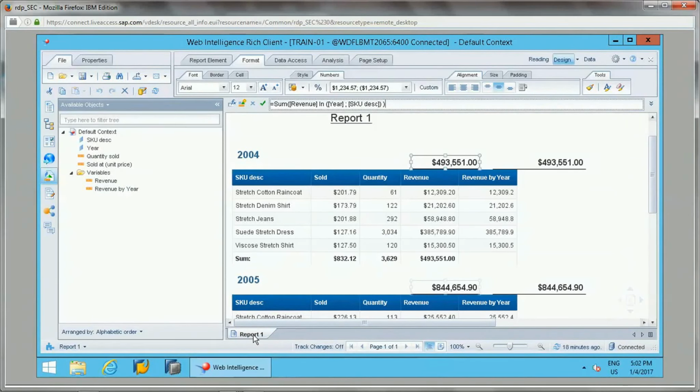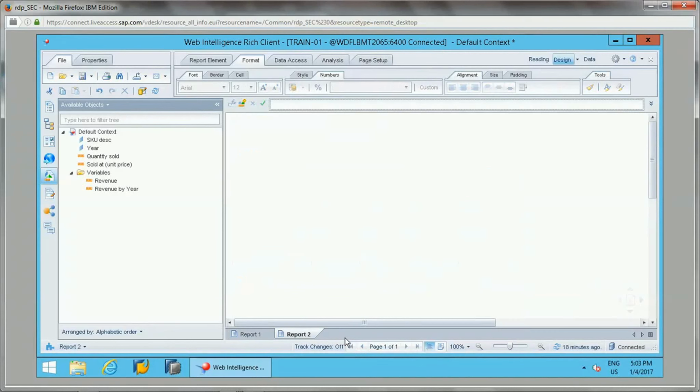So now this is one example. I'll add one more report here to show how we can force it. Suppose we need to compare revenue for each product with the total revenue. There is total revenue, and we need to compare the total revenue with the product revenue. Suppose for stretch product there is just 1000 revenue and total revenue is 10,000. We need to compare what is the difference between them with the total. In that case we can force output context. And how can we force it? Let's take an example. I have added one more report.